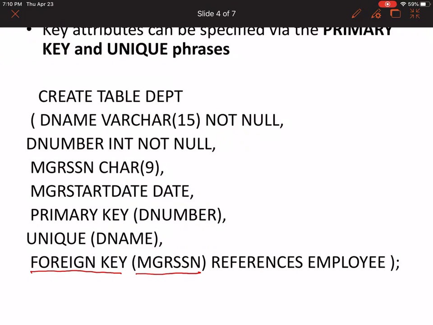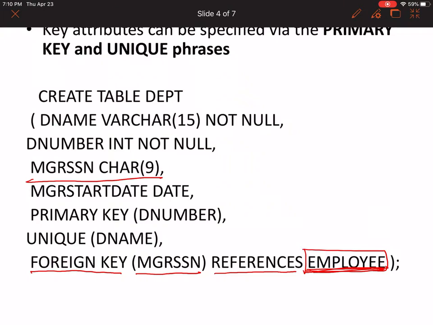You can see MGR SSN is here, and then it's referring, it references the employee. Employee is a table name. This is another relation, and relation is nothing but table. This is another table in our database.